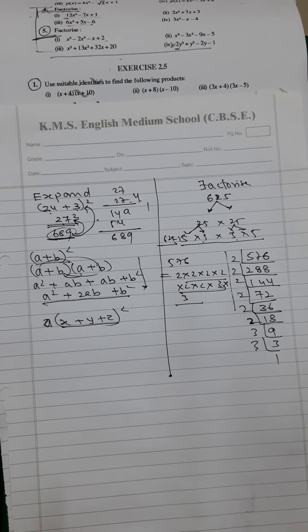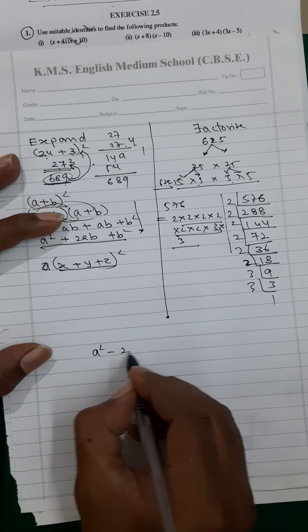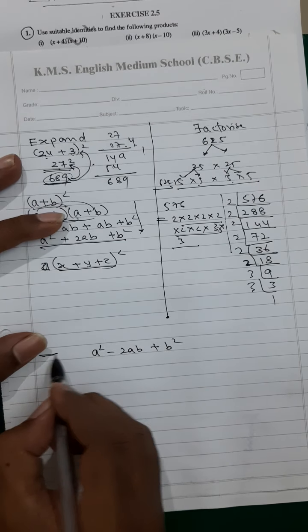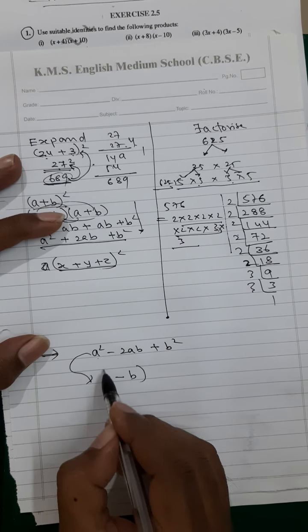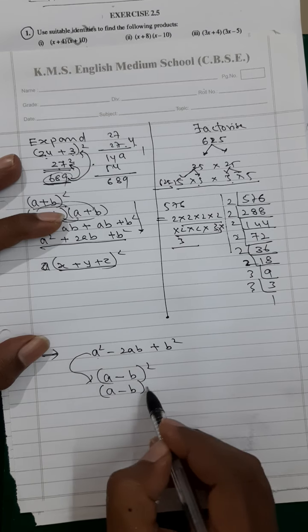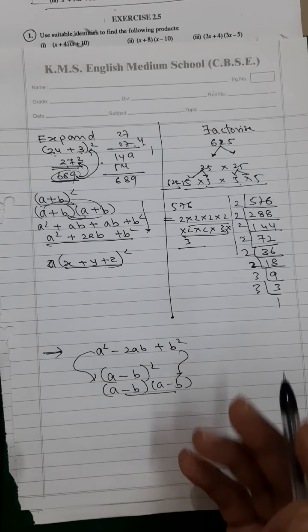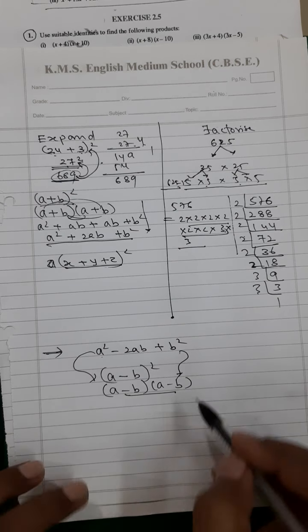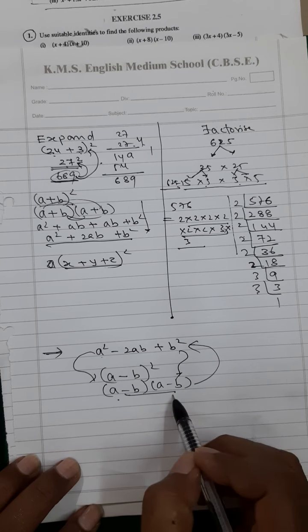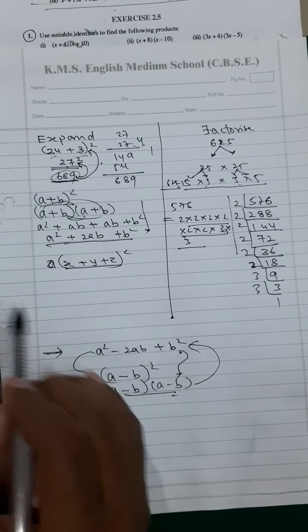So this is for the numbers you are supposed to do. Now you have to also learn it for the expressions. Means actually you will be given a square minus 2ab plus b square. Question will be in the expanded form, and you have to convert it into the form of a minus b the whole square, means a minus b into a minus b. You have to bring it in this form. That is basically factorization. In factorization, you convert them into the forms of the expressions which when multiplied will become this. A minus b into a minus b will become this. And here you have to open the brackets and reach to an expansion form.